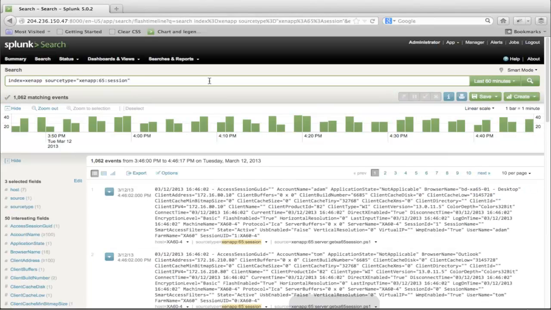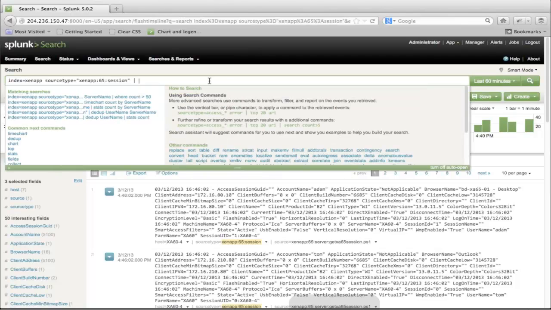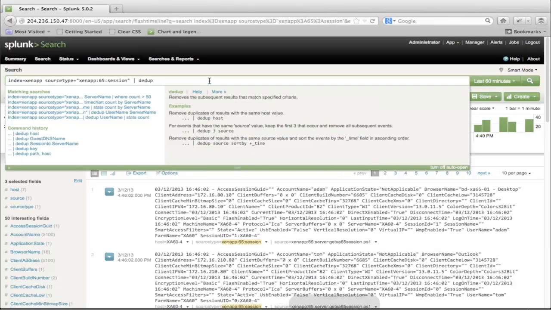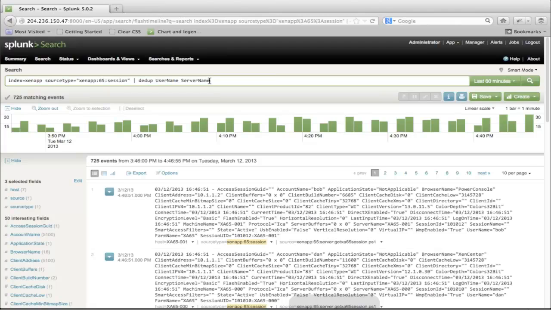And again, I'm just going to use the same type of Splunk commands. Actually, this time I'll do a dedupe, because I want to get the unique users per server. If I log on to the same server more than once in a day, that's still just me on that day. So maybe I just want to get the unique users per server. There's a dedupe command built into Splunk, and you can dedupe on multiple things. So I want to dedupe on the username and the server name. That's just going to get me the unique users for every server, so I'll throw out the duplicates.